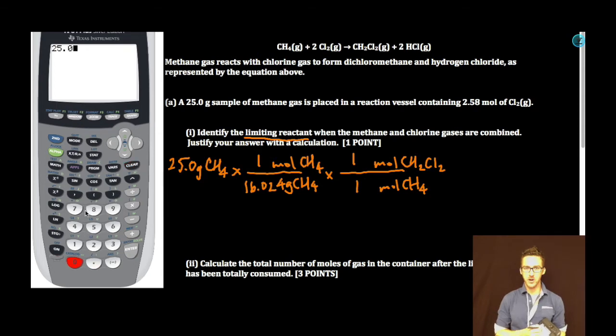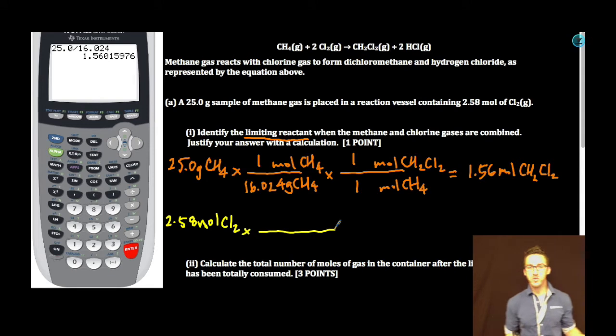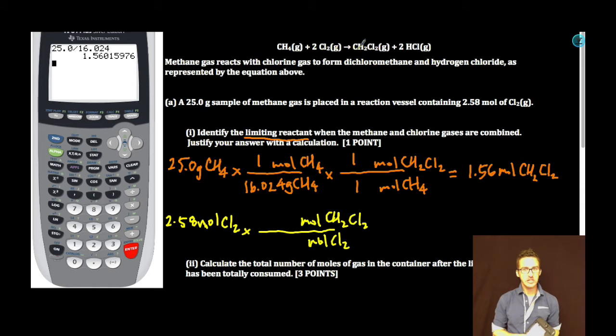Calculator time. 25.0 divided by 16.024 gives me moles of methane. It also gives me moles of dichloromethane because the ratio is 1:1. So the correct number of sig figs, 1.56 moles of dichloromethane. All right, now we're just getting started. We want to think about, well, what happens if chlorine, my other reactant, was the limiting reactant? So I'm going to take 2.58 moles. Since it's already in moles, I can bypass that step and just compare it to moles of dichloromethane. That relationship is 2:1. Quick jump to my calculator, 2.58 divided by 2, which means that I would make 1.29